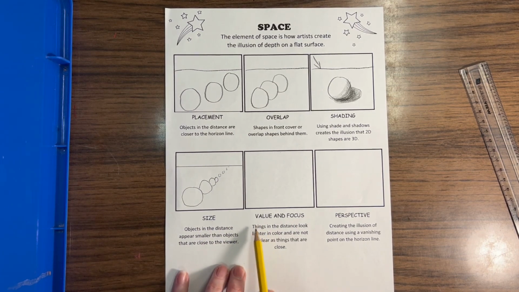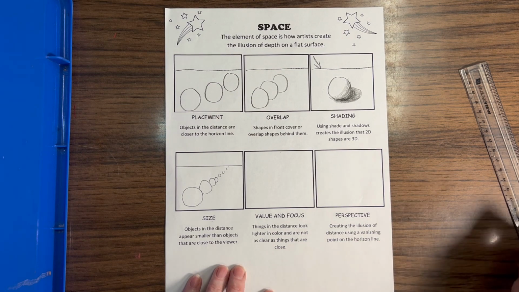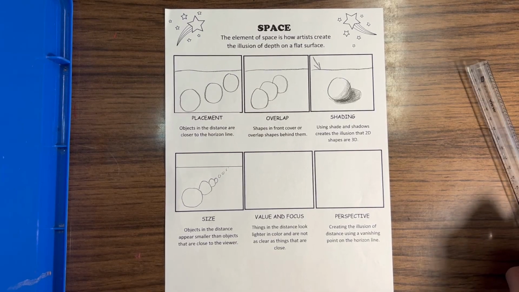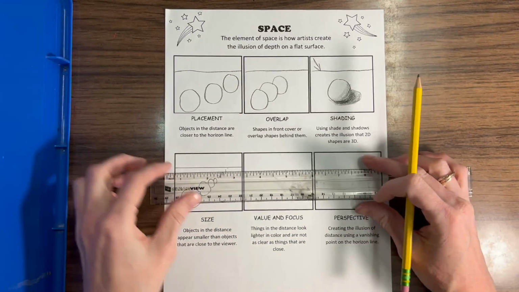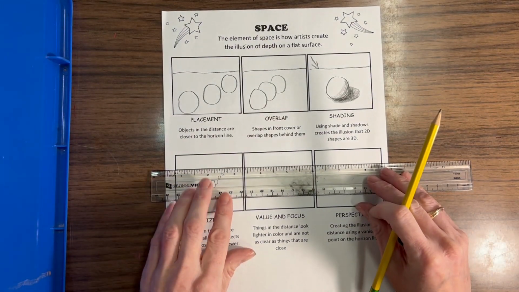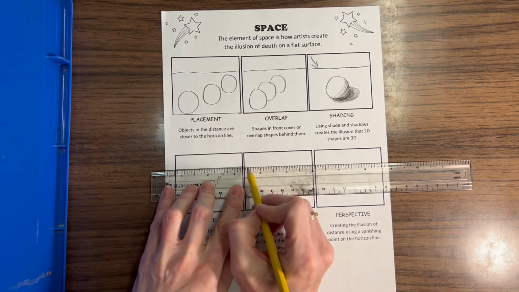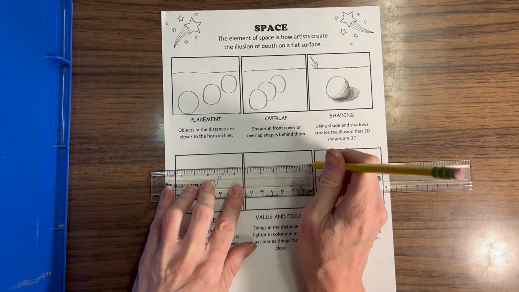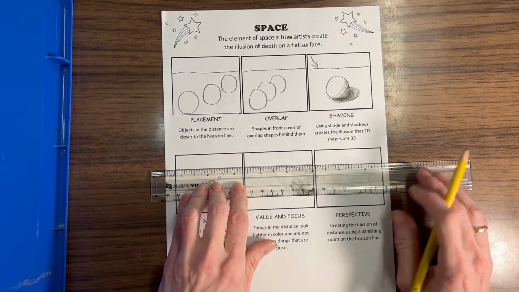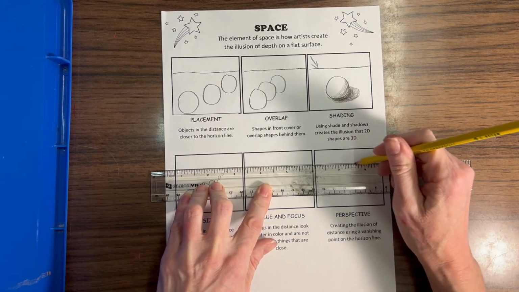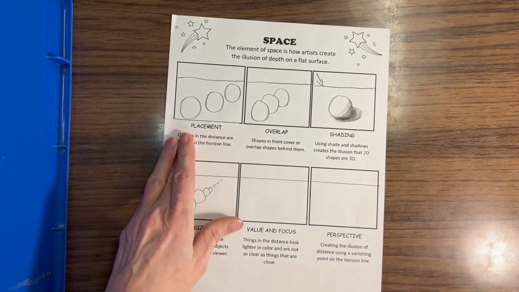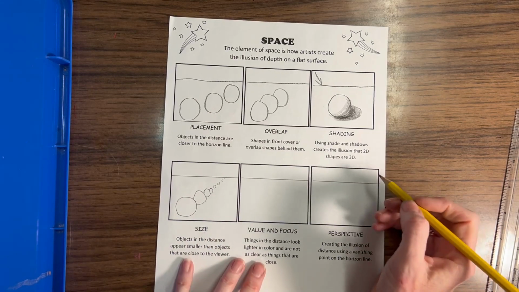All right, now let's move to value and focus. Things in the distance look lighter in color and are not as clear as things that are close. So I'm going to make my horizon line again. While I'm at it, I'm going to go ahead and make this horizon line too. Okay, now